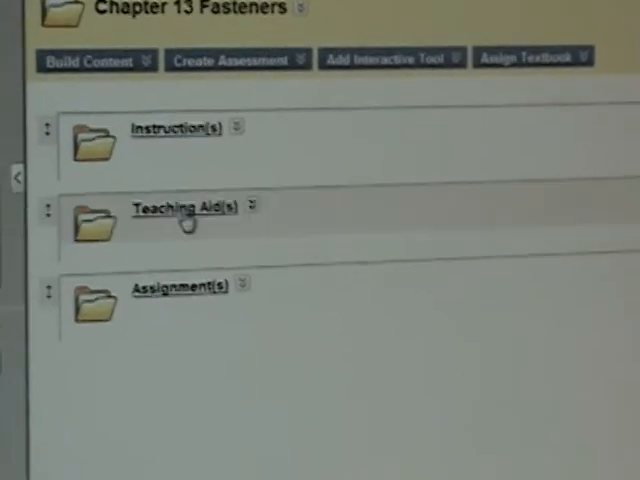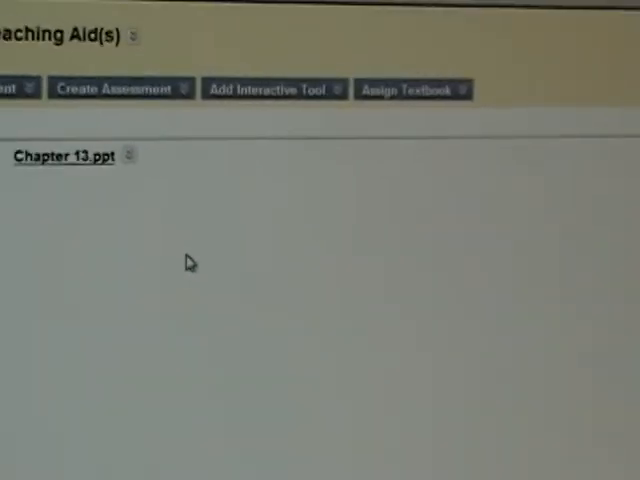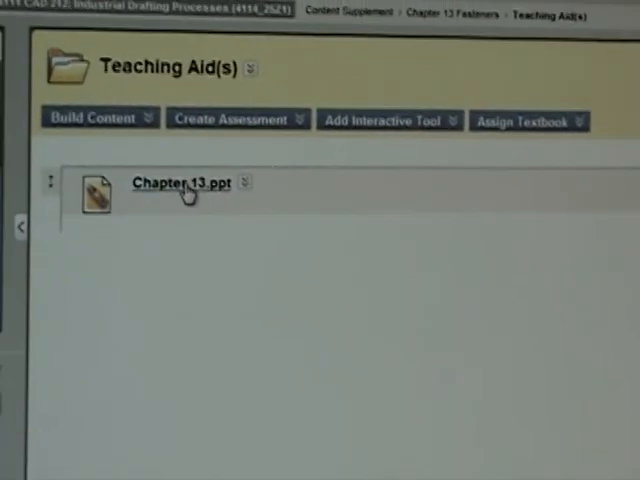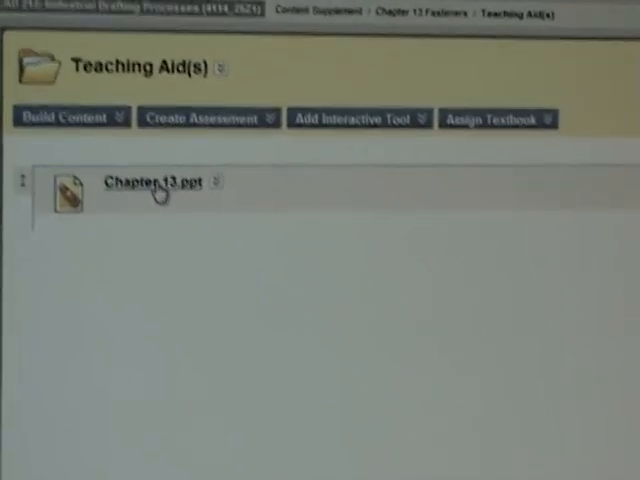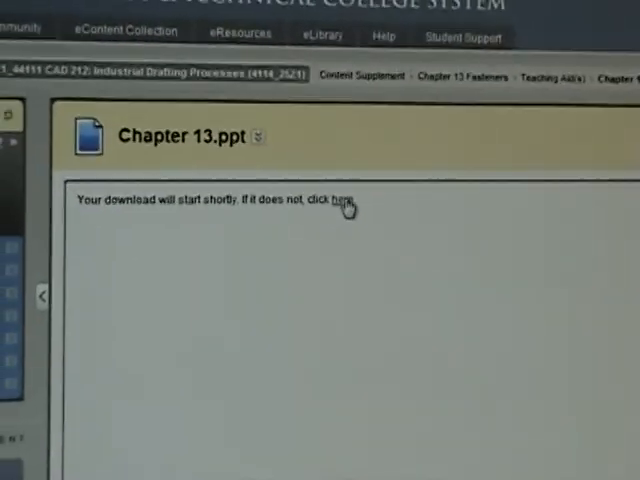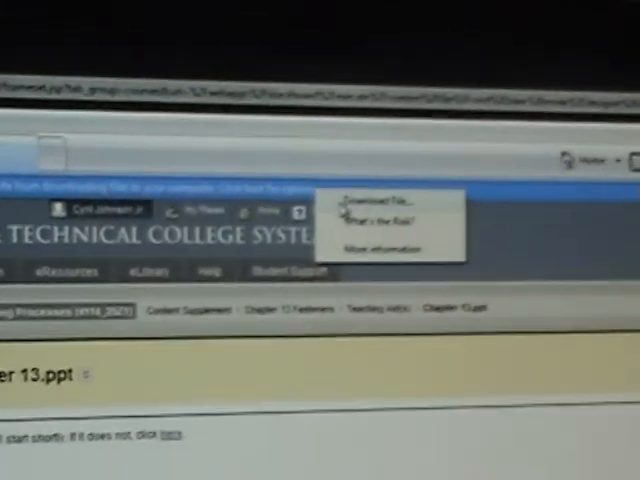Let's close that out. Let's go back to Fasteners, chapter 13, and let's go to Teaching Aids. Here's where I put a lot of stuff that I think is going to be beneficial for you in submitting your assignments. Most of them are PowerPoints, so just click on that. Again, you may get a security error. Yep, you're going to get it. Hit download file